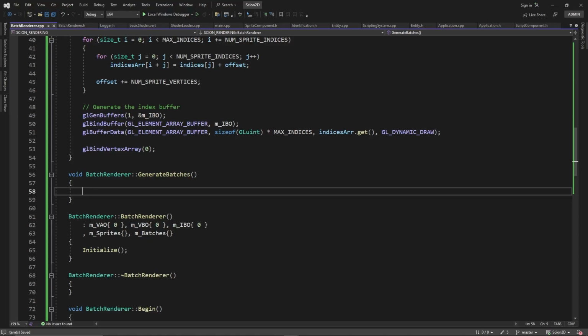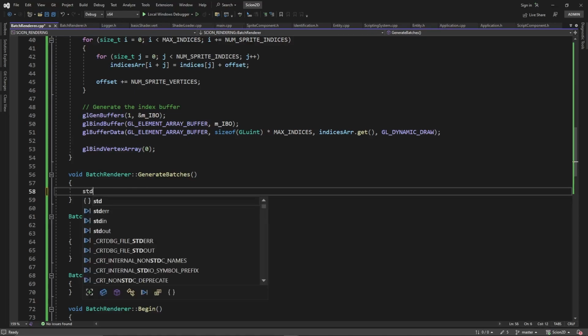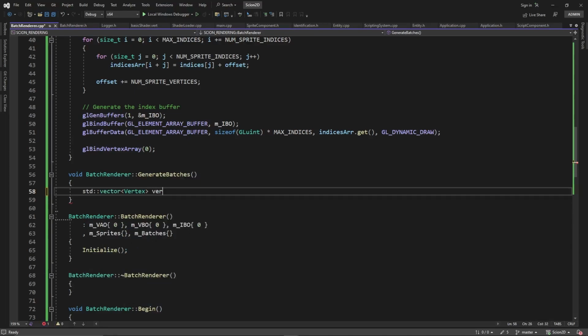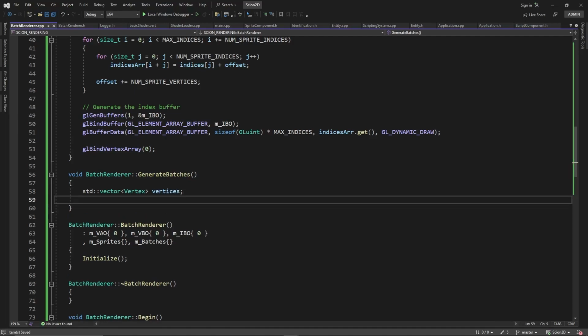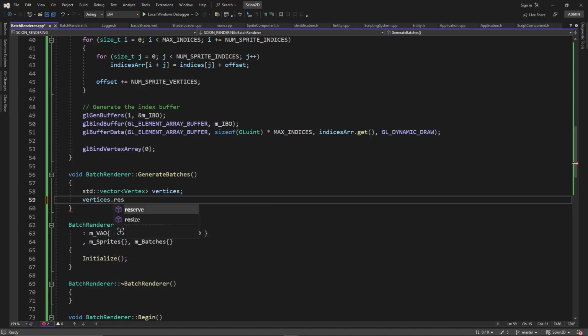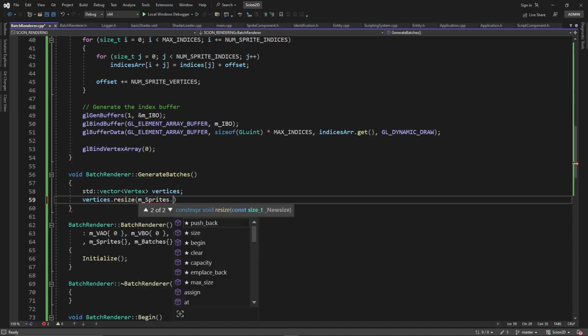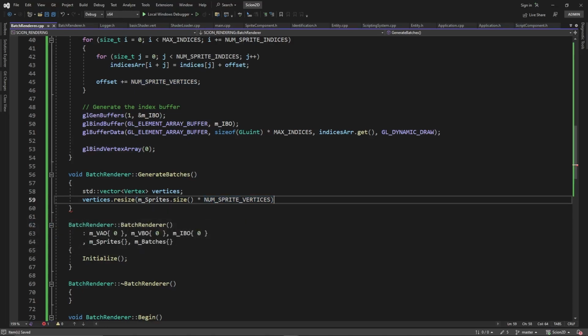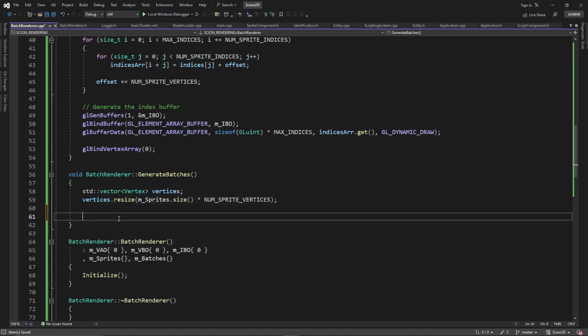First thing we're going to want to do is create a vector that will hold all the vertices of the sprites that we have. So let's do that right now. So we go std vector, vertex, vertices. And to help performance, we want to go vertices dot resize based on the number of sprites we have times the number of sprite vertices. This will help increase performance doing our batch because we can now access the vertices using an index rather